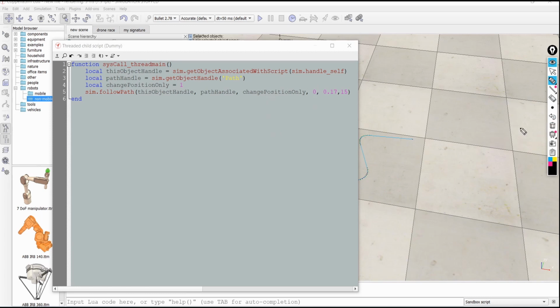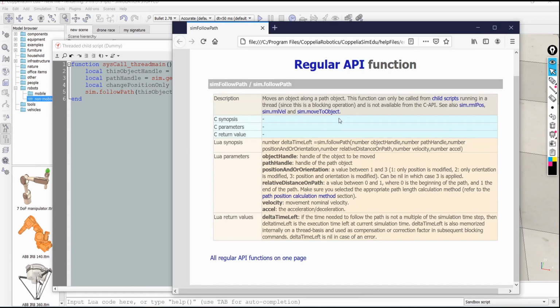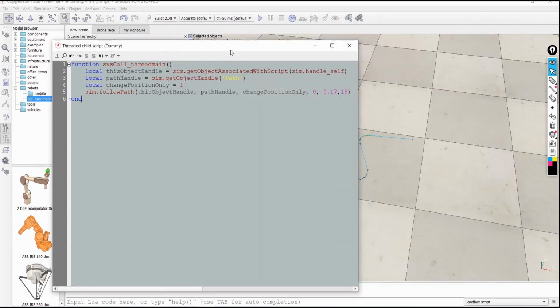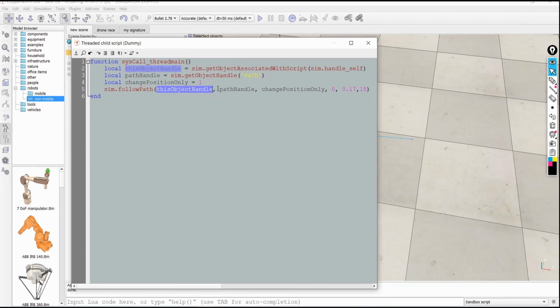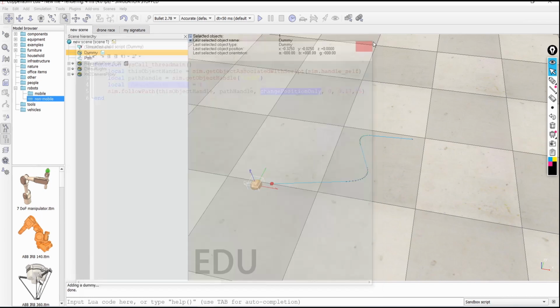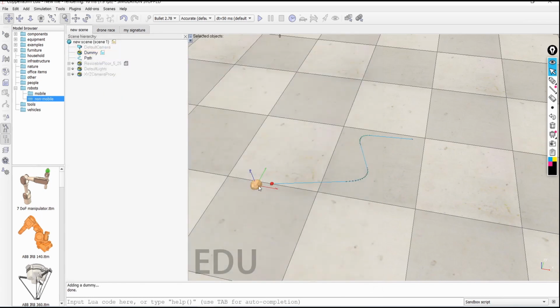Let's see what 1 means over here. 1 is only for the position. What this means is that it will only change the position.